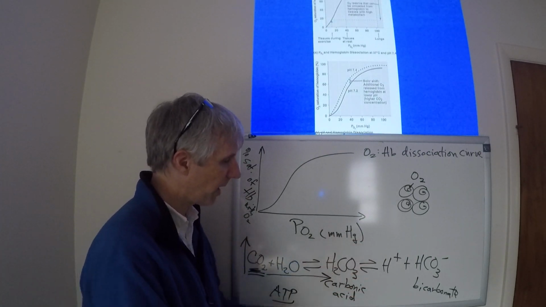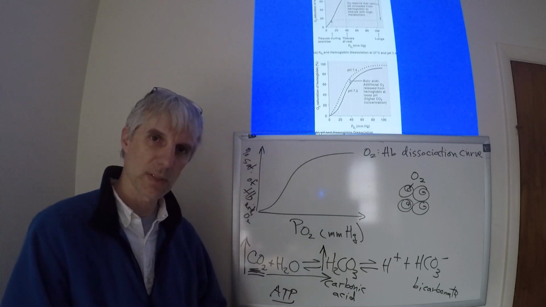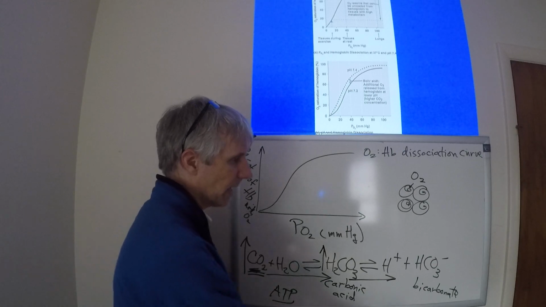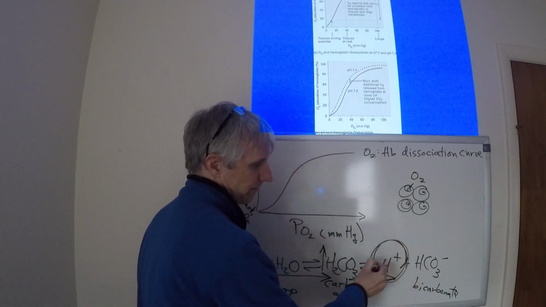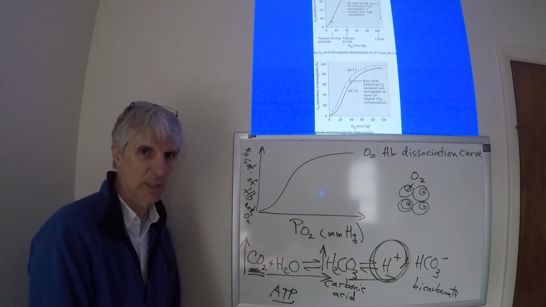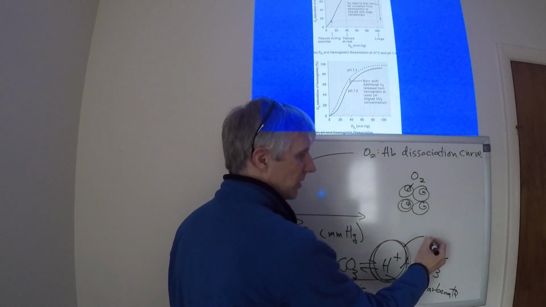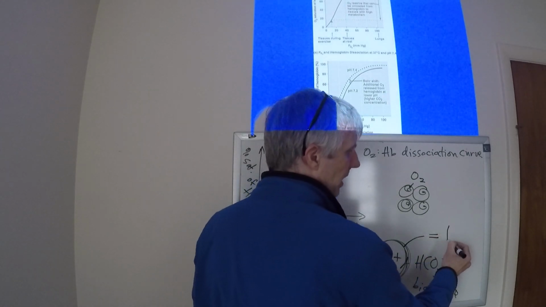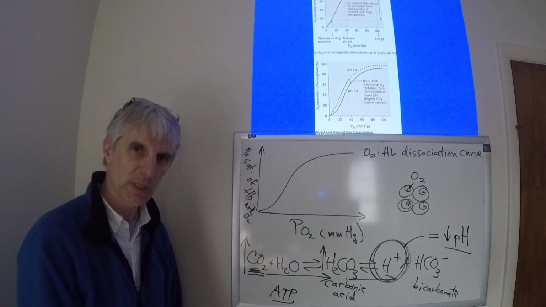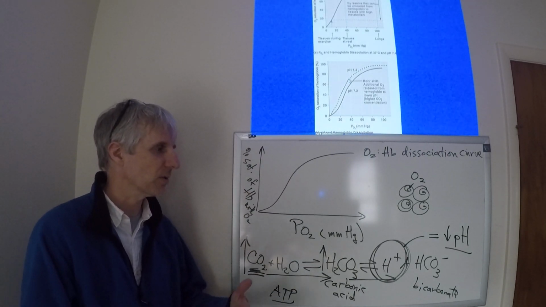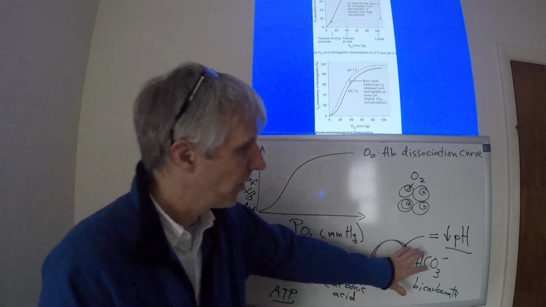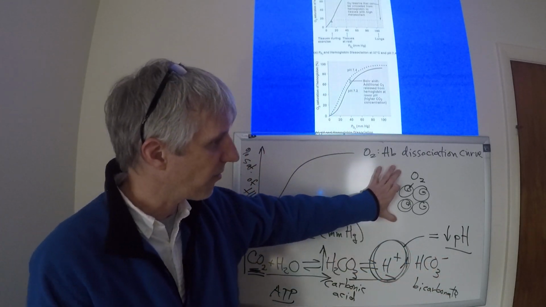And as more carbonic acid is produced, what happens to the dynamic equilibrium? It pushes again to the right, and it leads to this. An increase in the concentration of hydrogen ions. An increase in the concentration of hydrogen ions results in a decrease in the pH, because it's a backward scale. Increases in hydrogen ion concentration, decreases in pH. Now, the decrease in pH has an effect on